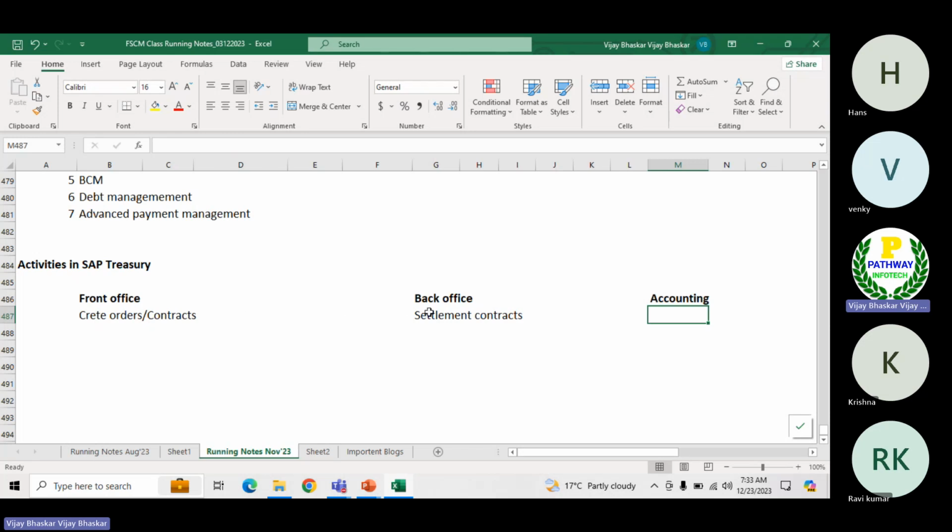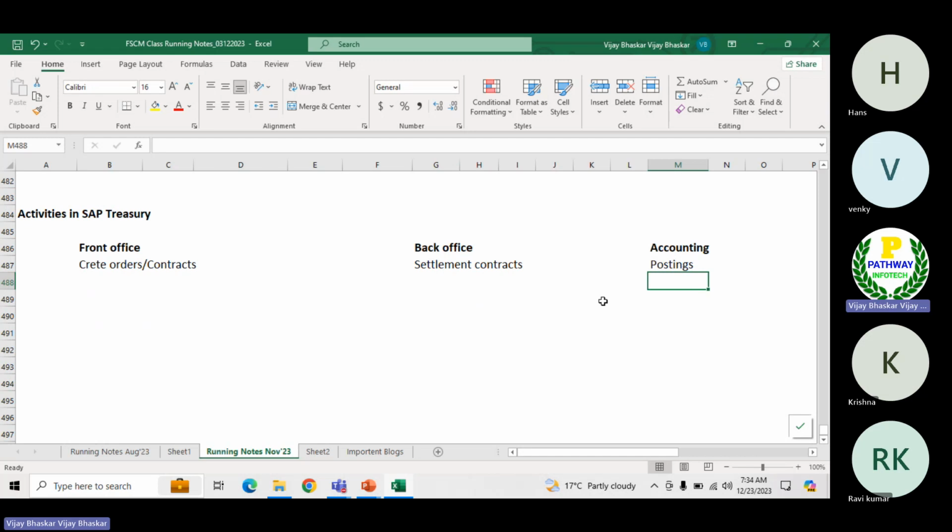Then in back office, let's say Krishna has settled it; he performed the settlement activity. Now the accounting might be performed by some other person, the postings of the accounting documents into the accounting system. Whether I do required postings into accounting or not, some other person will take that decision, and some other person will perform activities in order to post the accounting entries. Then